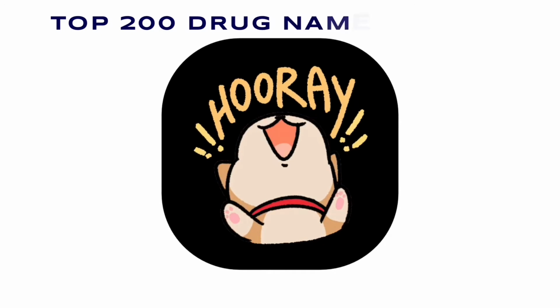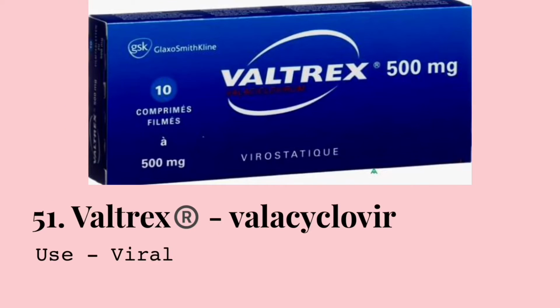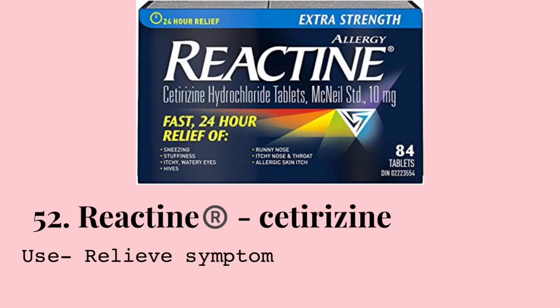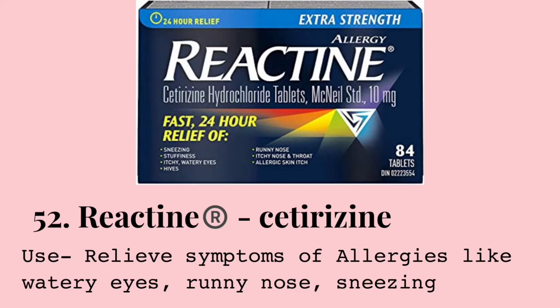Everyone, so today let's learn top 200 drug names from 51 to 100. So 51st is Valtrex. Its generic is valacyclovir and it's used for viral infections like herpes and shingles. 52nd is Reactine. Its generic is cetirizine and it's used for relieving the symptoms of allergies like watery eyes, runny